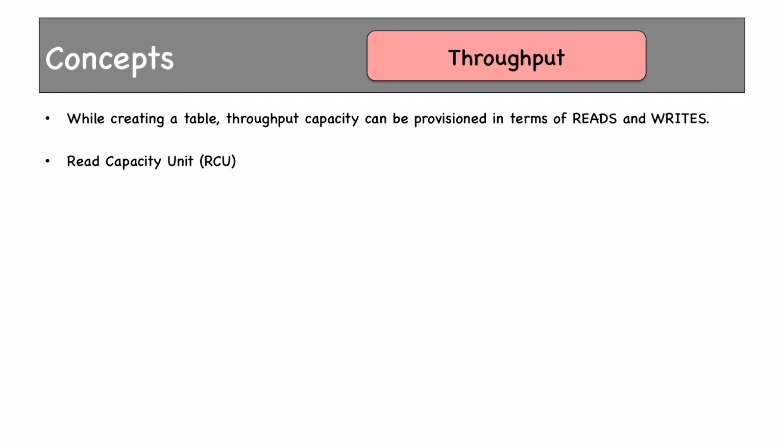How much RCU should we provision? For that, we need to know the definition of RCU. For strong consistent reads, 1 RCU is equal to 1 read per second for item size up to 4 kilobytes. For example, if your item size is say 3 kilobytes, then to read 1 item per second, you will need 1 RCU. What if you want to get a throughput of 100 items per second, each item size being 4 KB? Then you will have to provision 100 RCUs. We'll see a few more examples shortly.